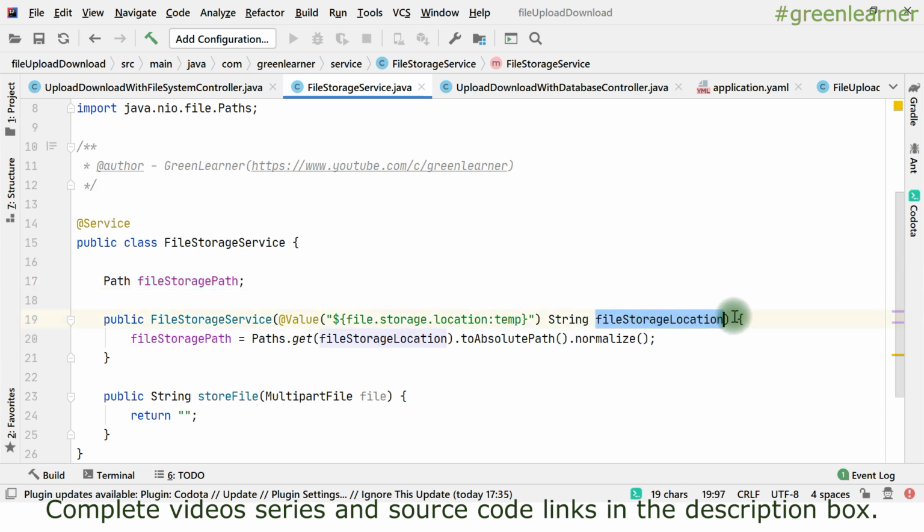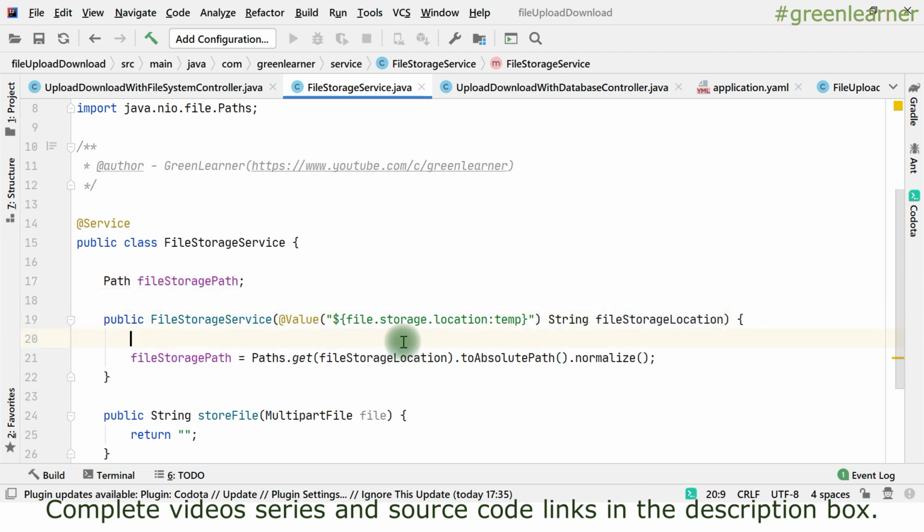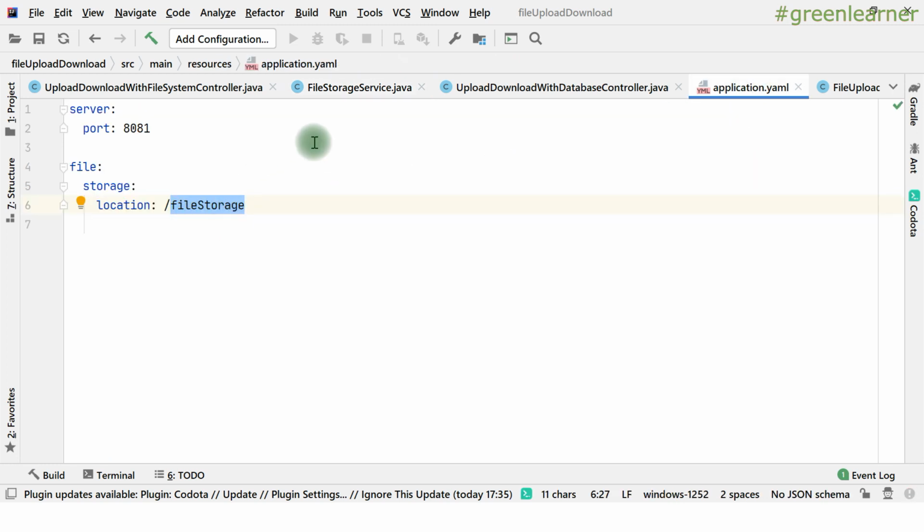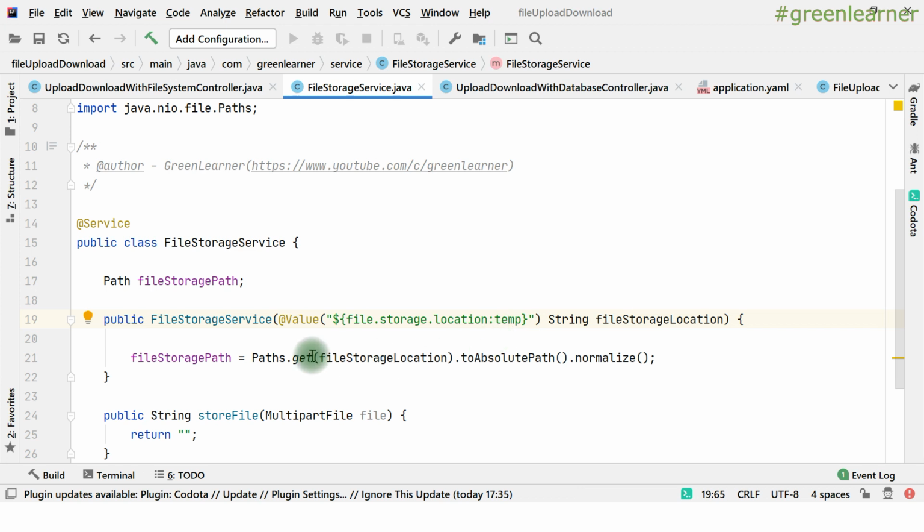With the file storage location, as per your requirement, you can throw some exception as well, right? By default I have given this temp location, but you can also remove this one and handle the null pointer exception. You can write that logic depending on the requirement that you have. If this file storage location is null, it is going to throw an exception automatically. But I want it to run anyway, so I want to make it resilient. If file storage location is not there, it is going to create a temp location by default, right? I'm okay with that, so it is going to normalize that.